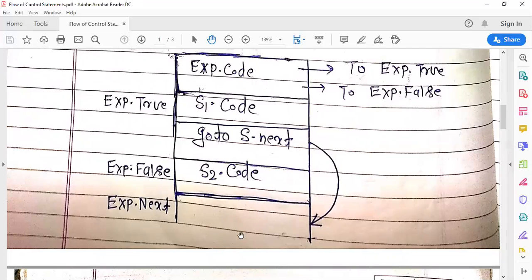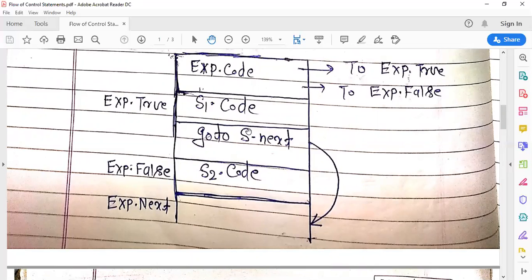But if the boolean expression is false, then control jumps to exp.false, then S2.code.